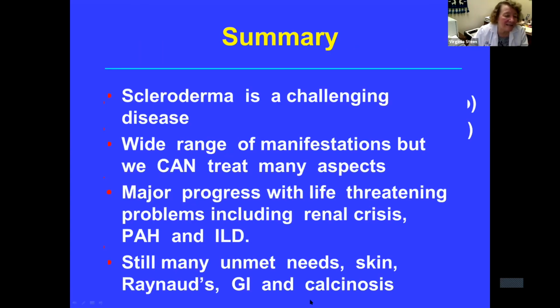So in summary, it is a challenging disease. There's a wide range of manifestations, but we can treat many aspects of the disease. There's been major progress with the life-threatening complications, including renal crisis, pulmonary arterial hypertension, and interstitial lung disease, but we still have very many unmet needs, particularly the skin, Raynaud's, GI, and calcinosis. So I hope this will be helpful for you to have a better picture of what scleroderma is, and